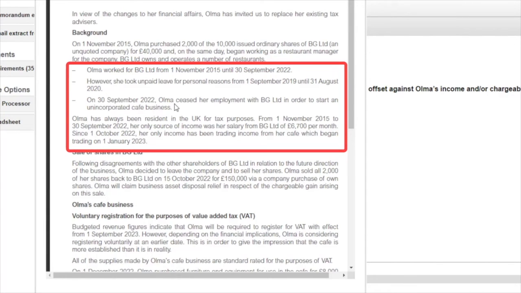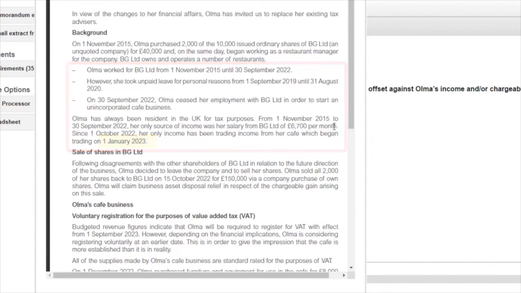Then she ceased her employment to start the business. We have her salary, so that's income, and that's going to be relevant when we think about how she can offset her trading loss. She started trading on the 1st of January 2023, so that's going to be directly relevant when we're working out the loss for the tax year 2022-23.